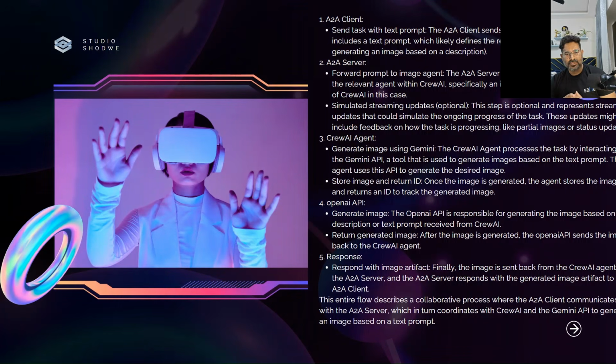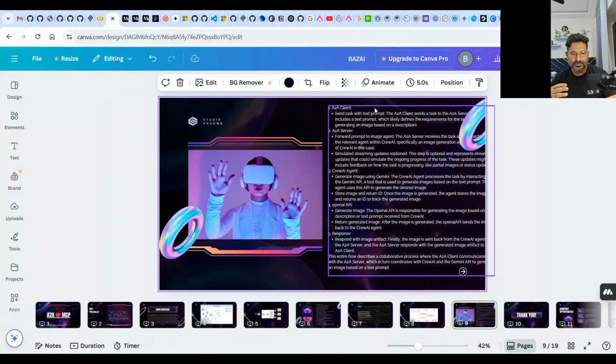But if you want to do much more, instead of the streaming updates I need to know, then we can do parallel processing as well. We can invoke and interact with different agents as well. So finally, the agent is going to respond back to you with all sorts of results. So now let's go and try to do this.